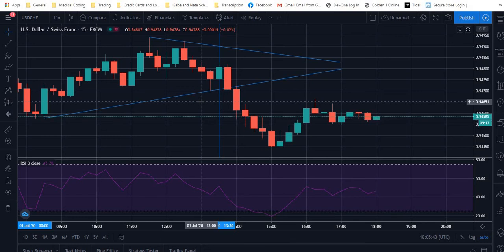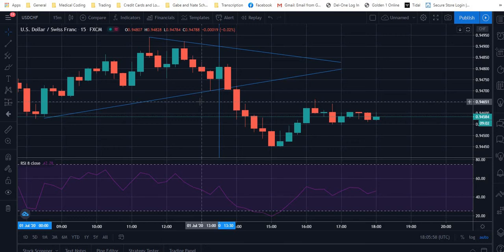Both ascending wedges, and they both came out at 9:30. And they're both positively correlated. So I'm going to go ahead and take a trade on both of them then. It's just that one may move sooner than the other, but they're both going to move in the same